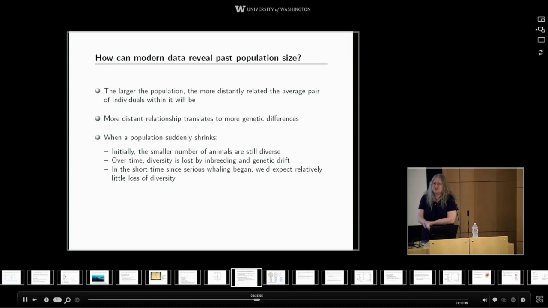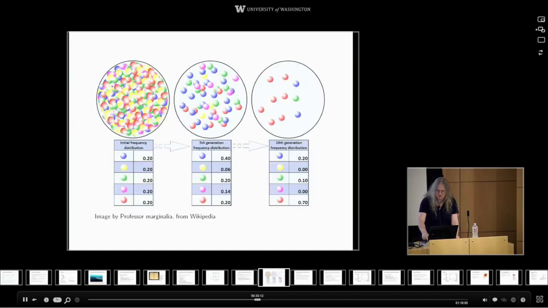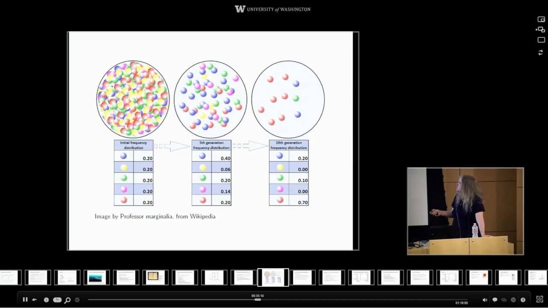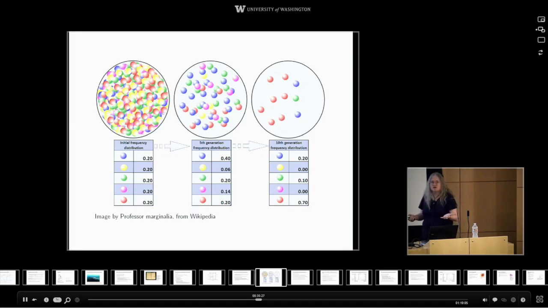And to understand why that's not the case, you need to know a little bit about what happens when a population shrinks. And I have a picture here, which I think is more helpful than 1,000 words. So this bubblegum machine is a gene pool, and the different colors represent different genetic types, different alleles at the genes in the population. A big population will be very diverse. It'll have a lot of different bits of genetic variation within it.